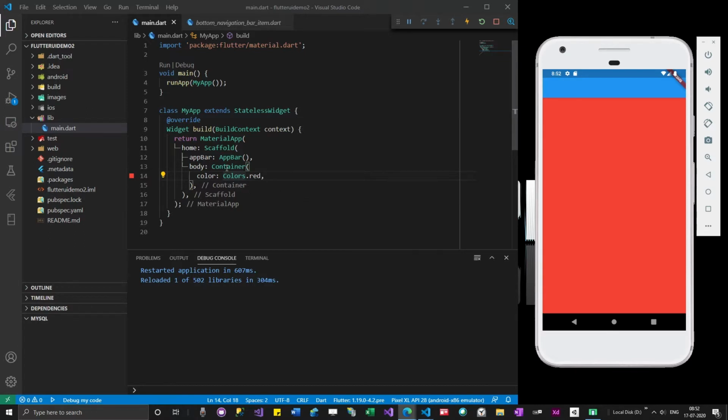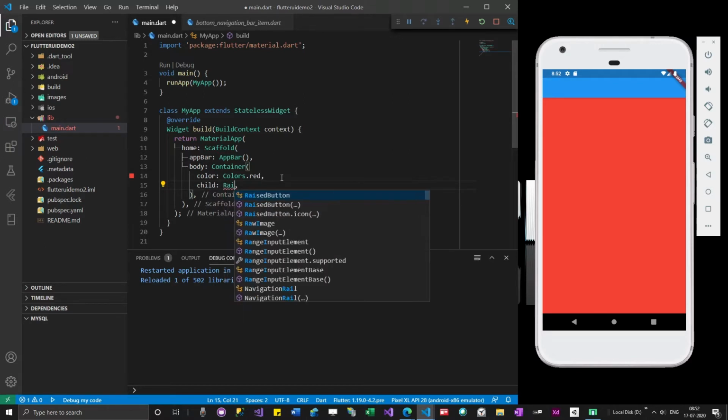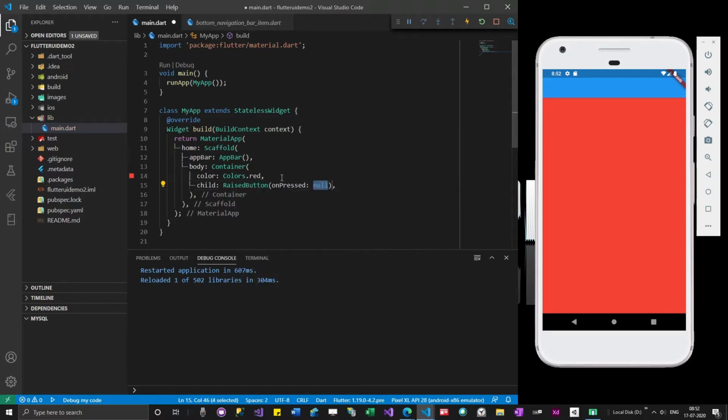Okay, so what I will do is add a child, and then I'll add a button. On pressed, I will add a function like this. This is how you add a function in Dart.